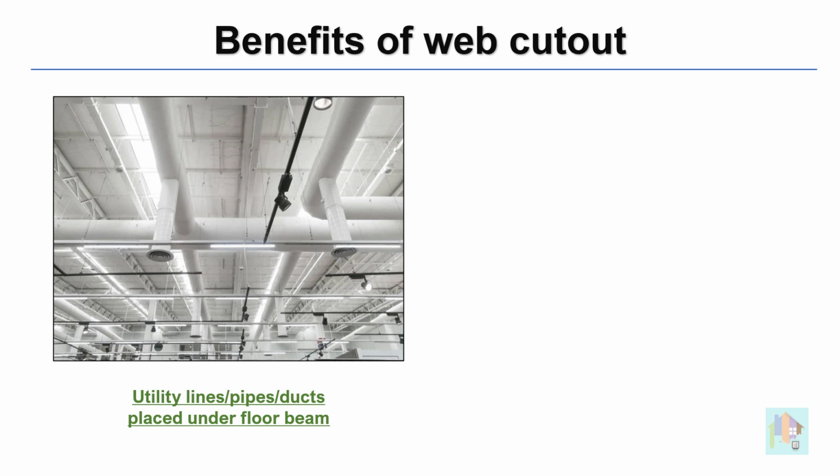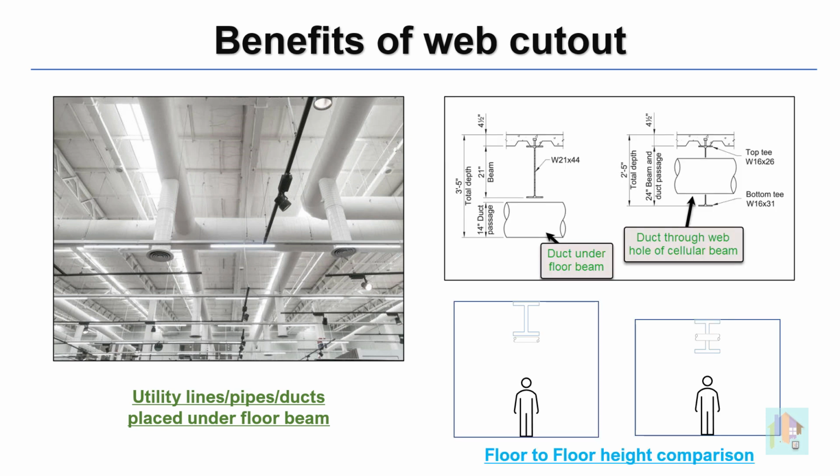For any warehouse or building structure, there are several utility lines, pipes, and ducts which span along the entire floor from one side to another. When hot rolled sections are used as a beam, these pipes are normally placed under the beam using separate rack or tie supports, and to accommodate these pipes without affecting the clear distance, we need to increase the floor-to-floor height. When cellular beams are used as a floor beam, this additional space under the beam is